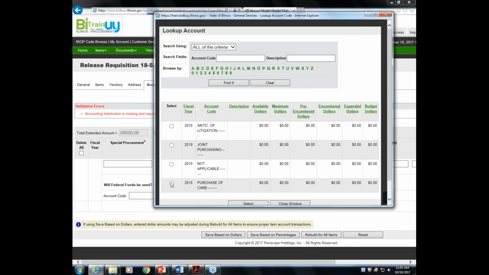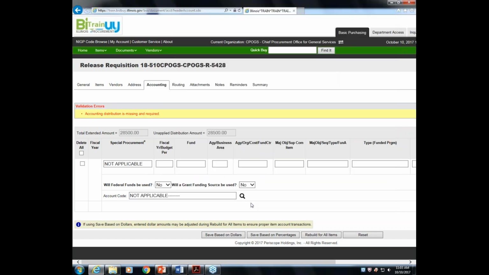In our particular case, this is not applicable, but if this was a procurement that was in anticipation of litigation, that was a joint purchasing procurement, or a purchase of care type of procurement, you would select one of those options. So I will go down here and select not applicable, because that is what is appropriate. And you see that when I do that, it fills in this particular field and indicates that it is not